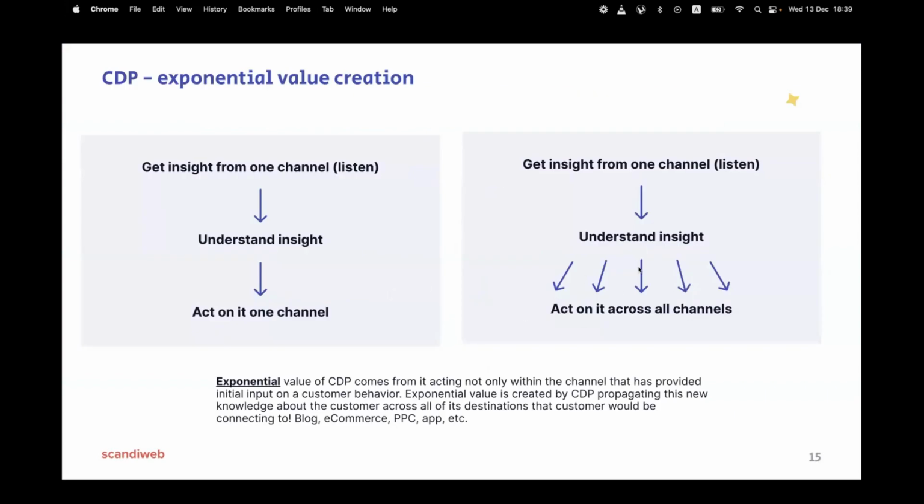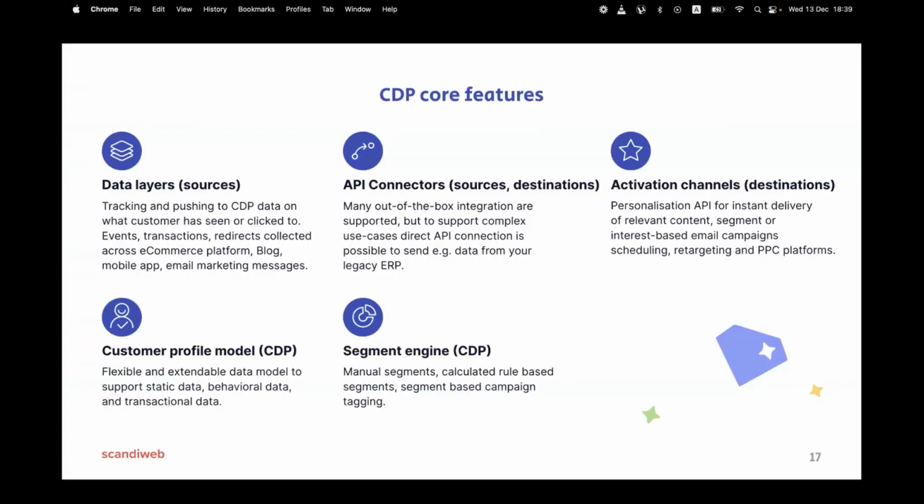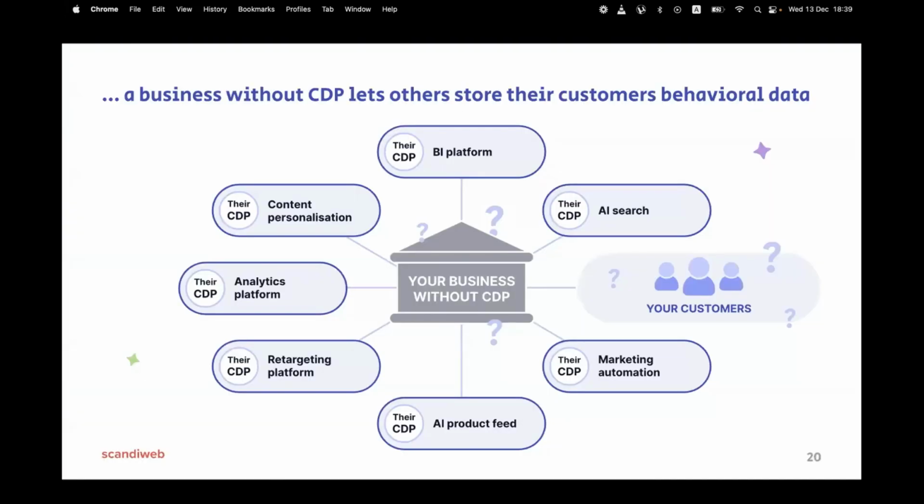So it's like symbolically exponential value creation in CDP. Here, everybody is doing some CDP activity, but only for this narrow segment of your ecosystem. Everybody doing something with your customers, but not you.